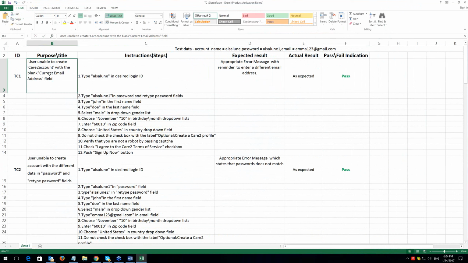And what I see here, the first test case in the title, I see that user is able to create an account. So no matter that we call the file, and probably the idea was to create test cases for sign in or login, I see that we have them for sign up.